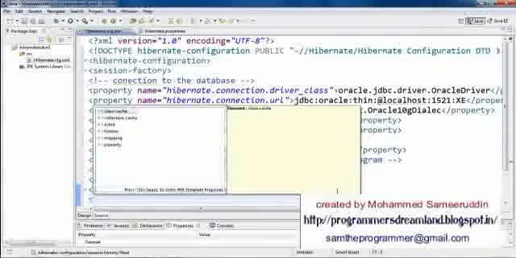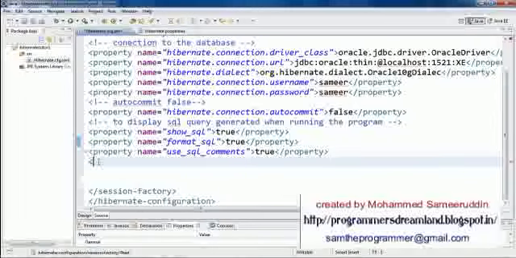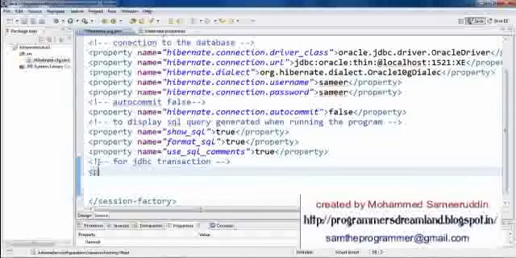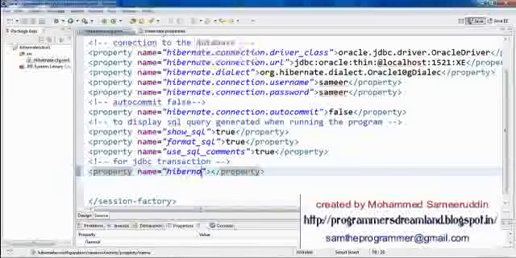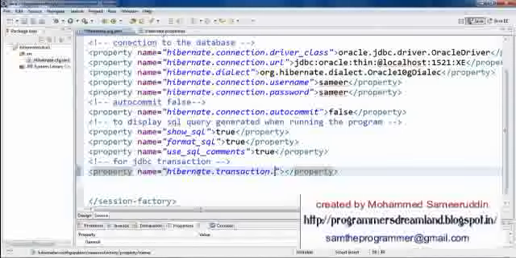Alright, now continuing, I need to configure my JDBC transaction. So for that I need to write a property. This is a command, and I have to use the property name again, and you can search this up in the .properties file. And right now I know the name, so I'm going to type it down. Hibernate dot transaction dot factory underscore class,